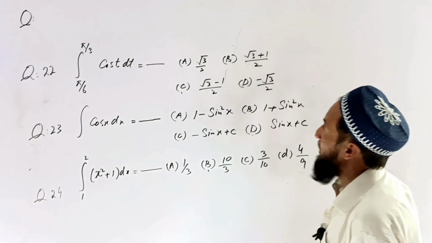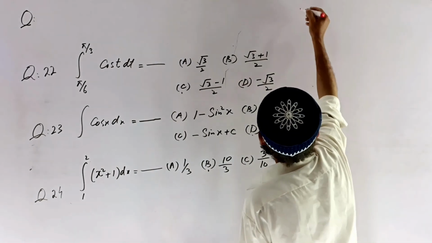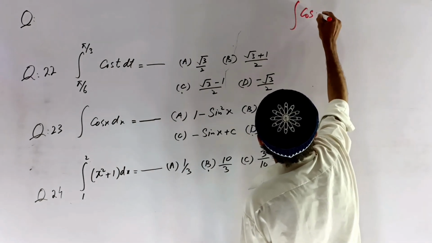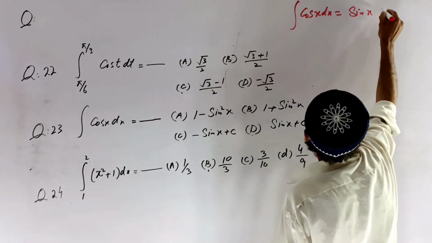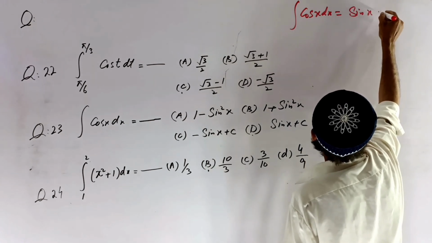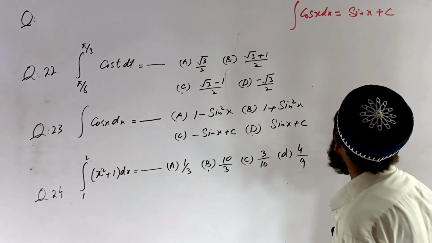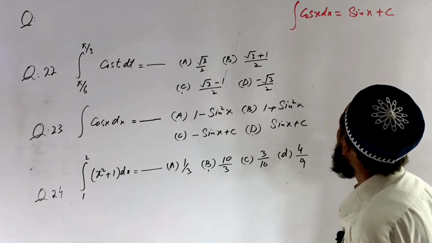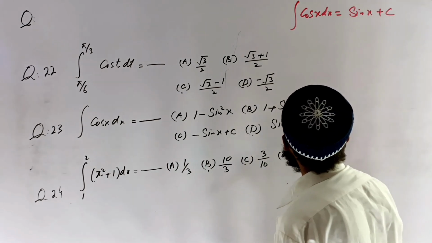Integral from pi by 6 to pi by 3 of cos t. Integration of cos t. First of all, we know that integration of cos x dx is equal to sin x plus c. If we are finding the result,